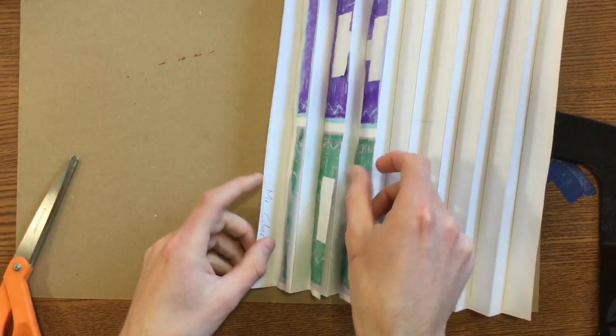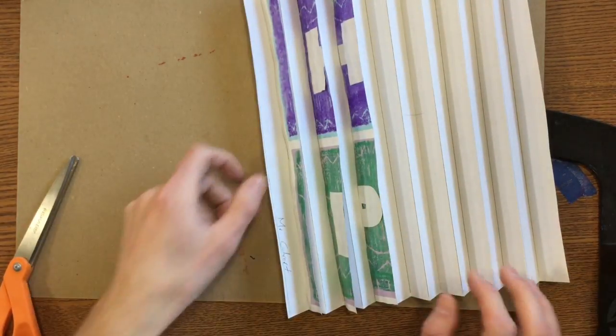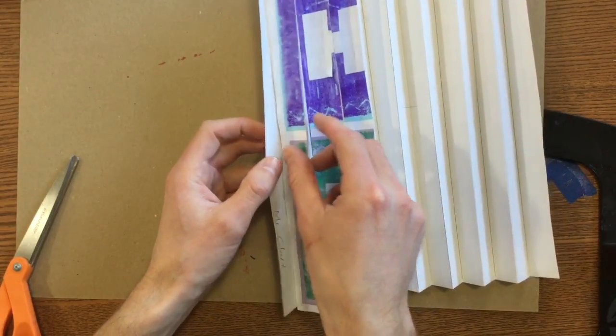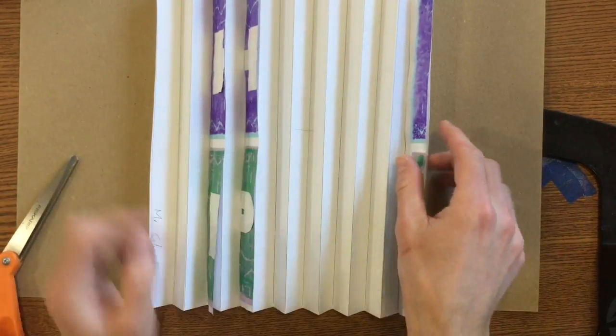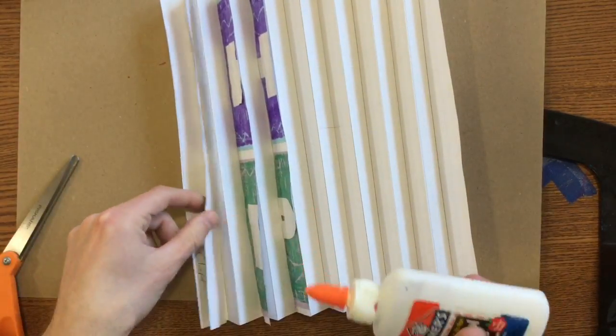After you get a few strips cut, you might want to ask your friends to give it a glance just to make sure that your letters are going in the right direction. Make sure that you're not going the opposite. So I wouldn't want my number 1 way over here on the right side, because now my artwork's going to actually end up going backwards. So if they give you the go-ahead, you can put a line of glue